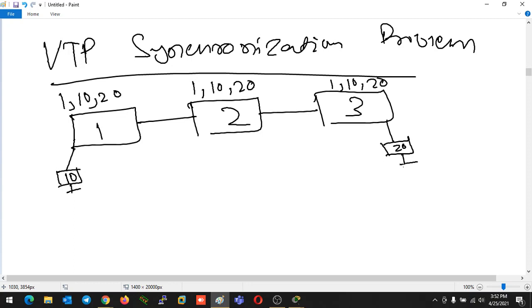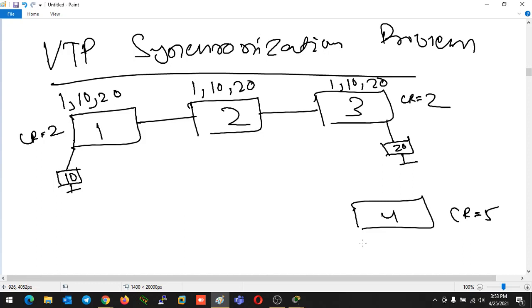Now the thing is, we have an old switch and we are going to connect that switch to our network. That old switch was also running with VTP. Whenever we connect to our VTP network, we will make the VTP domain name the same domain name. My old switch, which I am going to connect, was having a higher CR value. In this case, my switch CR value is 2, and this CR value is also 2, but I have one switch number 4 whose CR value is 5.